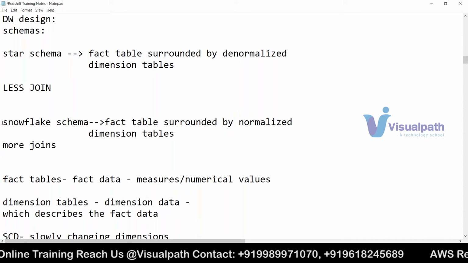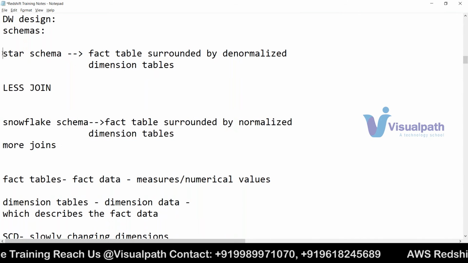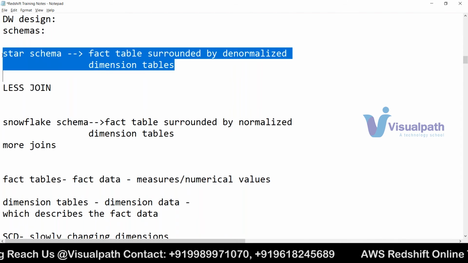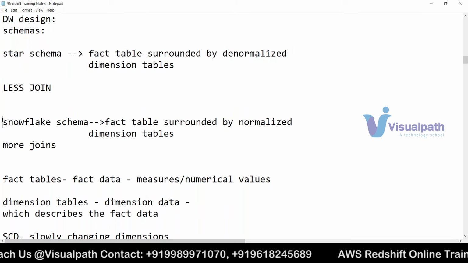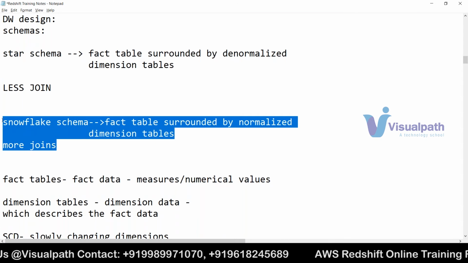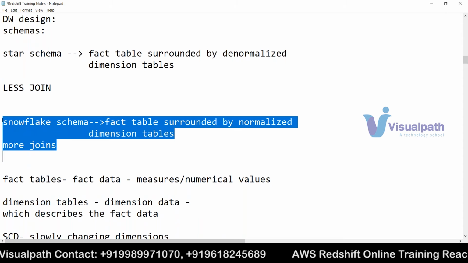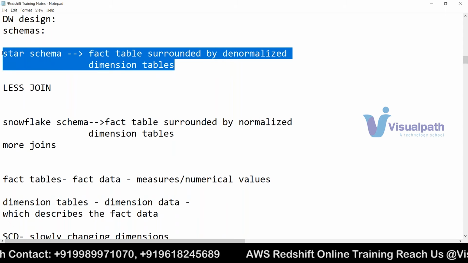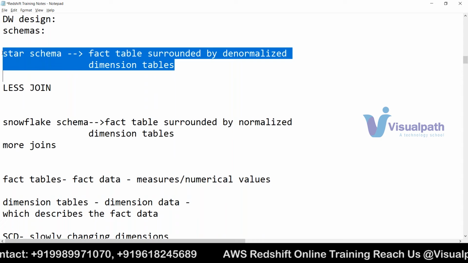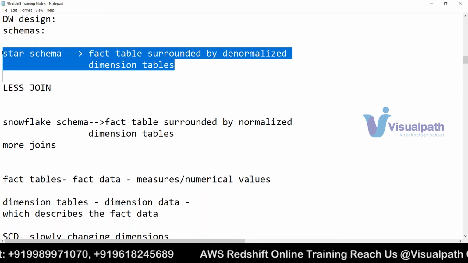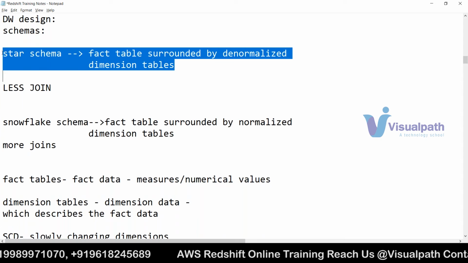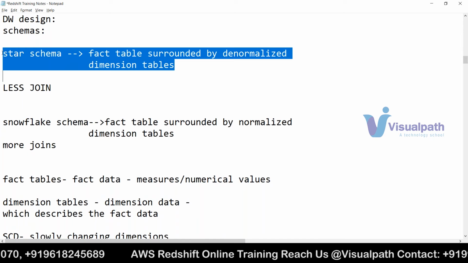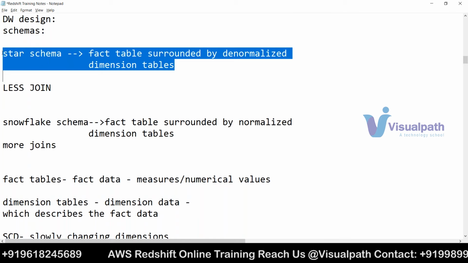In Snowflake schema, there is less redundancy but more joins. In star schema, more redundancy and fewer joins. You are querying the data directly, so you can get more performance. But in Snowflake there will be multiple joins, so there may be less performance. But storage in star schema is more. Nowadays, if the customer or the interviewer says storage is not a big concern, then star schema is fine. Since star schema has more redundancy, you may end up paying more for storage. If storage would not be a problem, then star schema would be better.